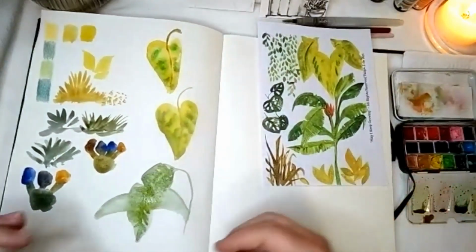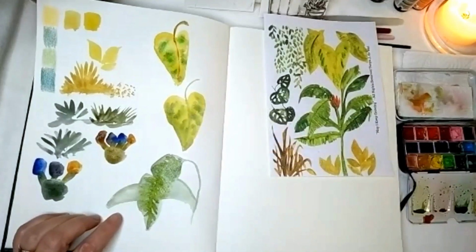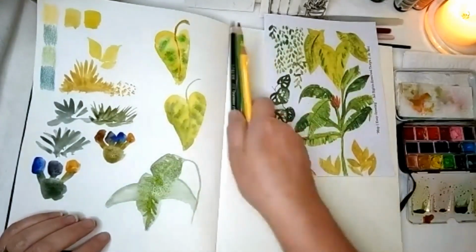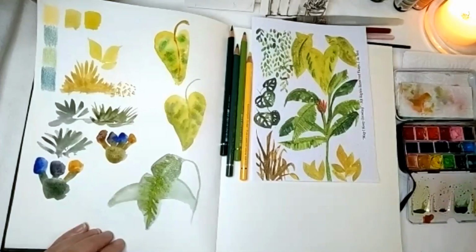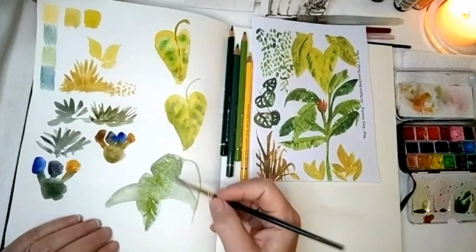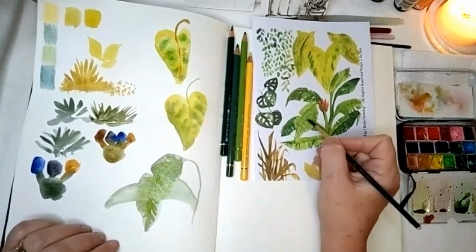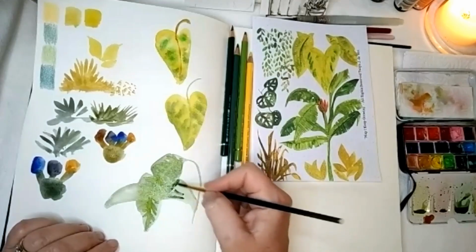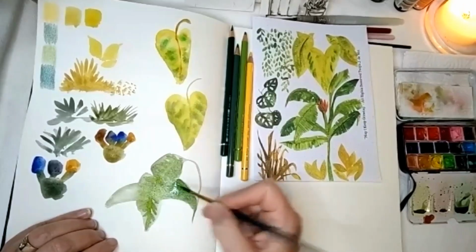So how we are going to fix the shape in there now, because that leaf is behind, so we need to darken that up. Now we could wait until it is completely dry and go in with the coloring pencils and add layers, or we could simply use our darker color mixes and add a single layer of color into that to now define the top leaf. So you'll see that mark there. So that is there. Still a little bit damp, but we can start to work in that layer and let the